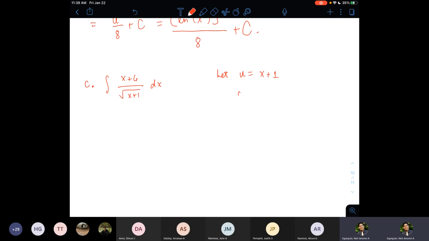And then that means du will be what? du will be dx. Well, this is different from the u substitution I mentioned earlier, letting u be equal to x, which is not useful. Letting u be equal to x plus 1 will free us up